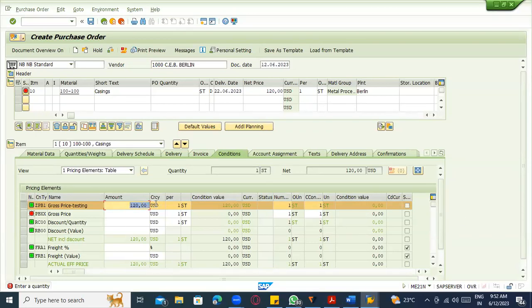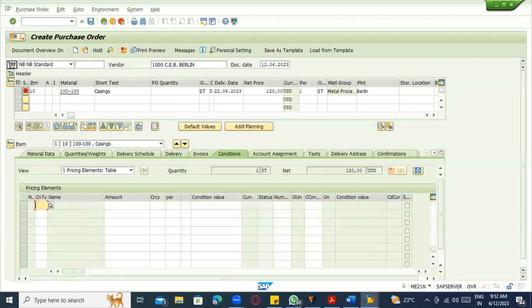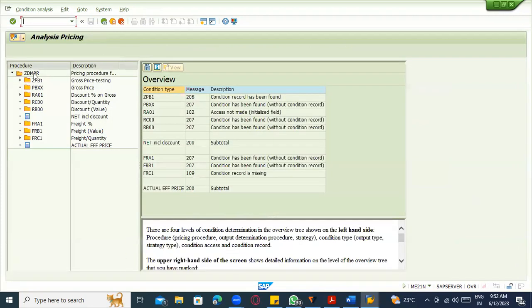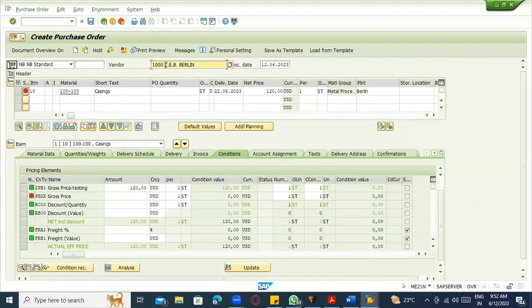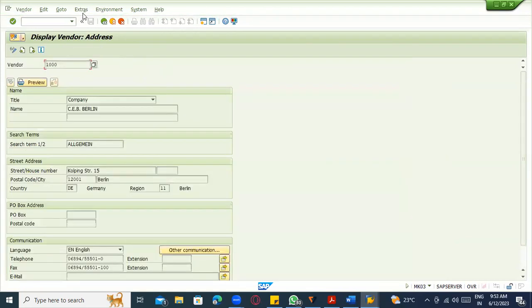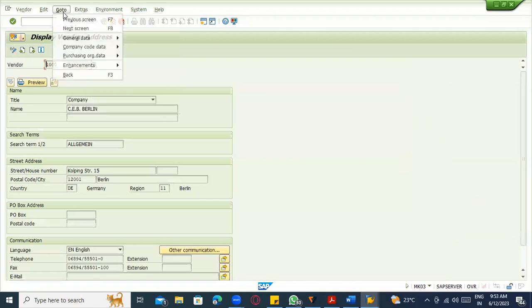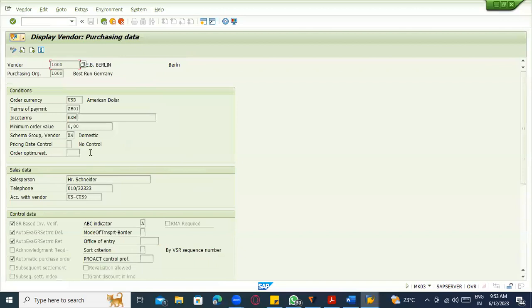So to get the automatic pricing, or to get the pricing procedure, again the pricing procedure which I discussed here, how this ZDMPR, which is the customized pricing procedure, is determined. Again, if you go to the vendor master record, and the purchasing data, I'm going to purchasing data. In this purchasing data, I assign that schema group is X4. Okay, so the schema group for the vendor is X4. Now in the configuration,